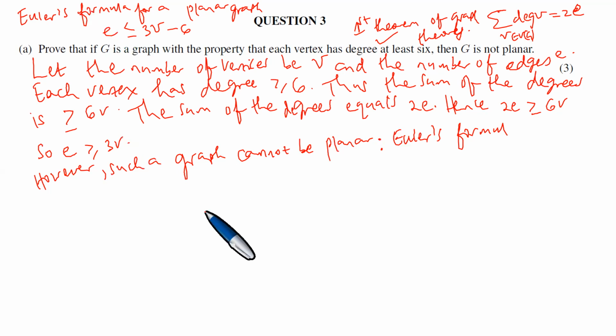However, such a graph cannot be planar. In view of Euler's formula, there must be a minus 6. So Euler's formula gives, for a planar graph,